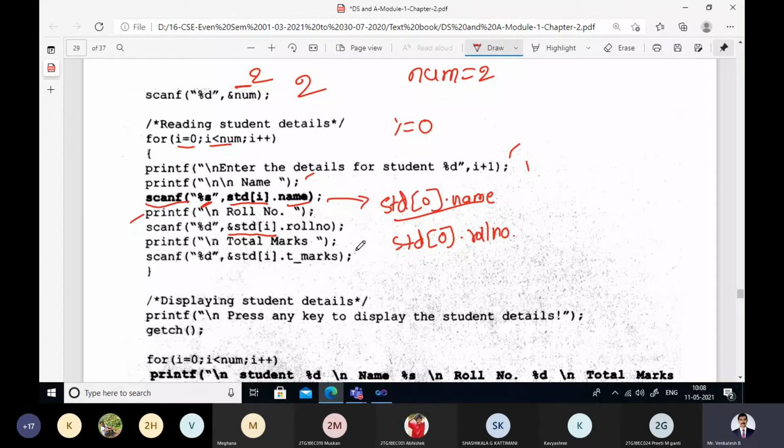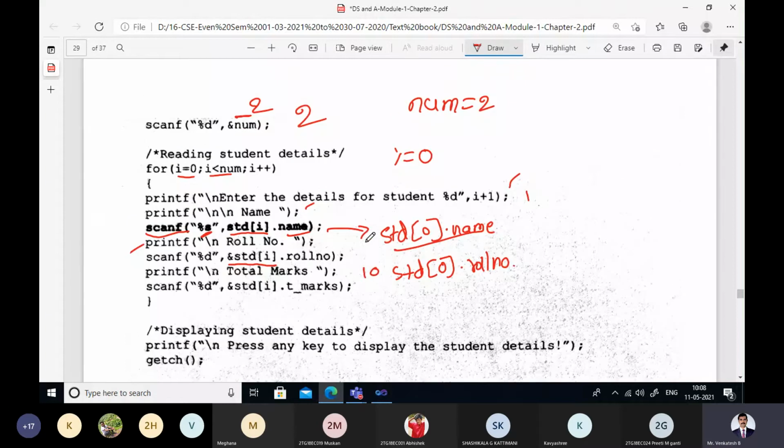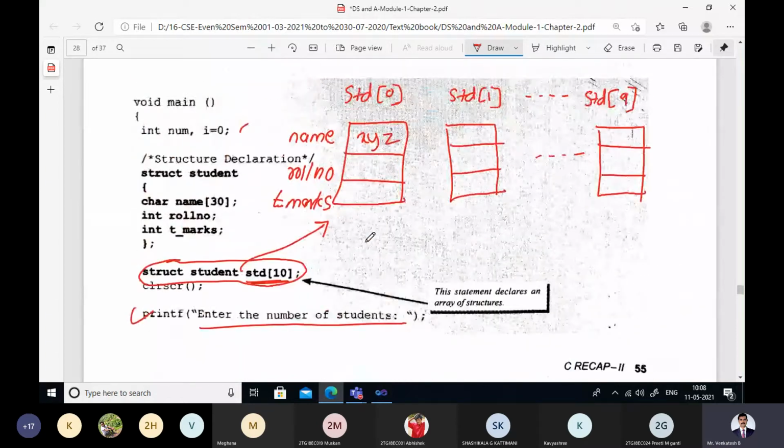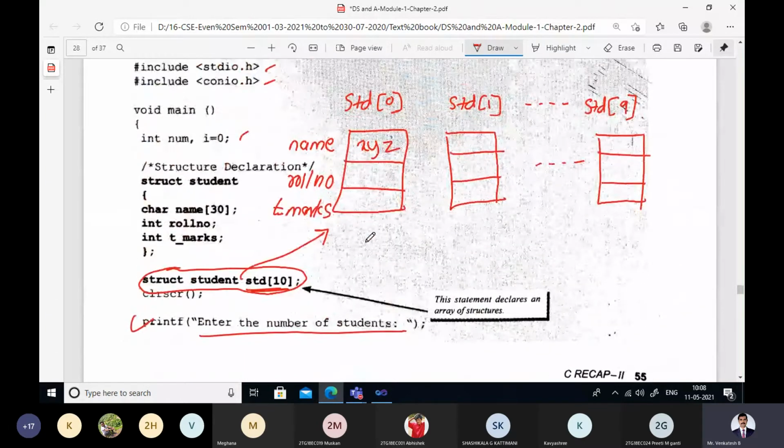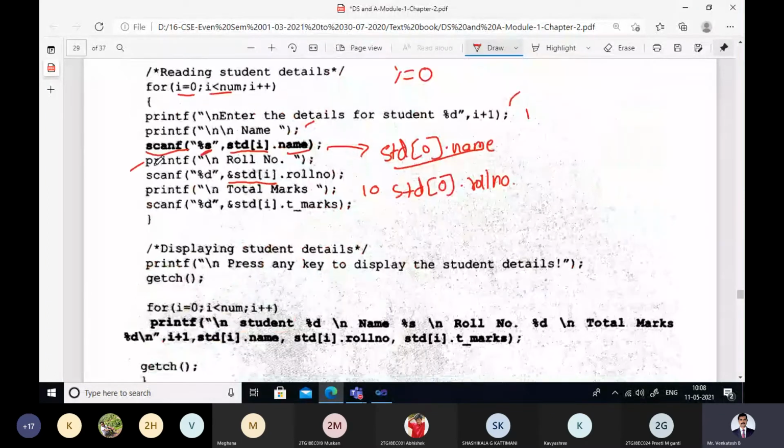Then next we are asking, enter the total marks. Say if you have given marks as 100, where that will be stored? At the address of std of I. What is I? I is 0. That means std of 0 dot total marks will get a value of 100.